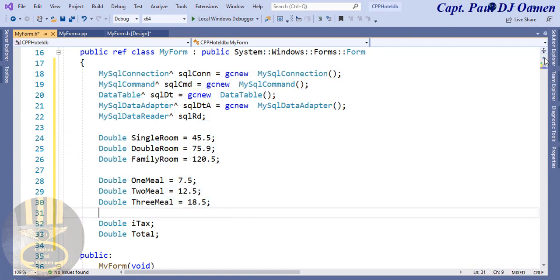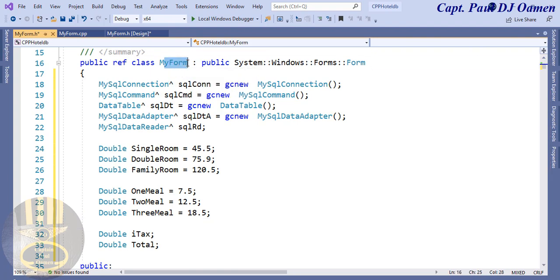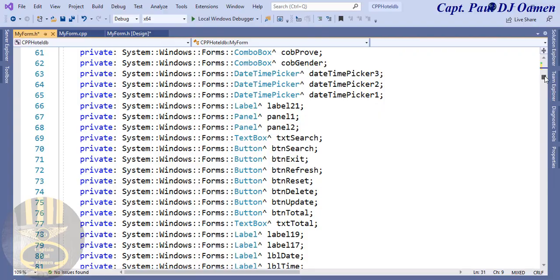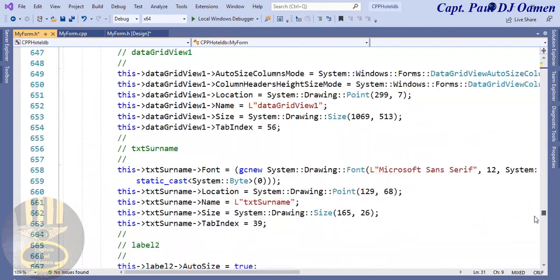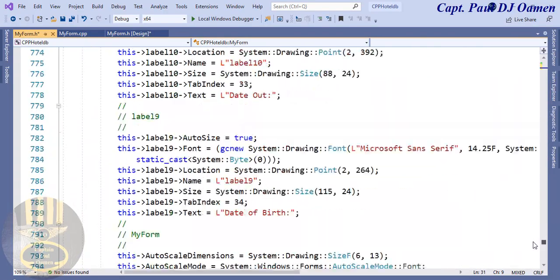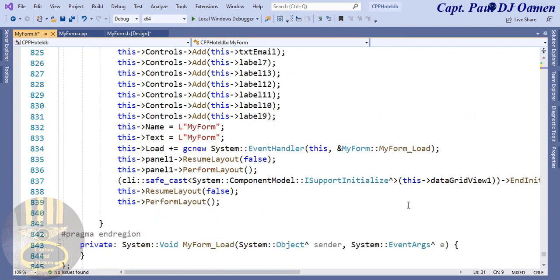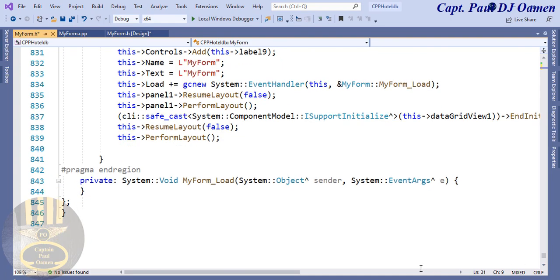Right underneath the name of my form here is called my form. Okay, so let's get this connected. Okay, just one quick thing. Let's get that sorted anyway. Since all of this is done, right underneath all of the component declaration there, I'm going to go right down here. Those were all automatically generated by C++. So I'm going to come right down here, right underneath here. Yeah, that's fine. So the choice is yours, but I'm going to create my function right above the